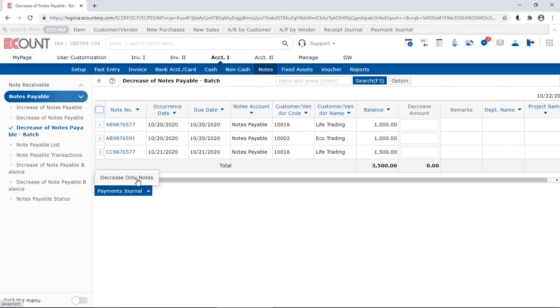And Decrease Only Notes button allows you to apply the selected amounts only to the Reports of Notes module and not to the general reports of the accounting module. Therefore, if you want to apply the payment of the selected notes to the general accounting books as well, click Payments Journal button. Then I will select All and decrease full amount and click Payment Journal button at the